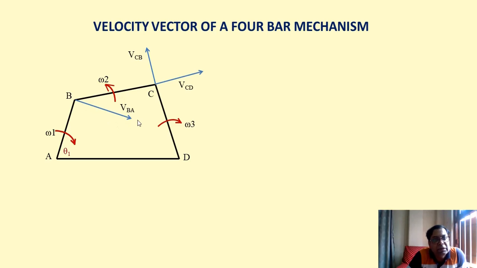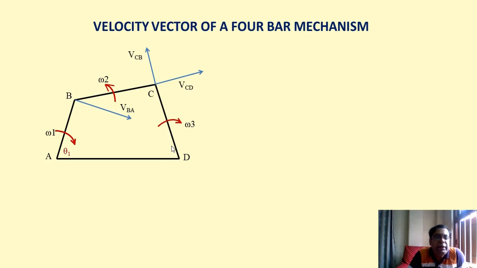acting perpendicularly towards the right hand direction, that is towards the direction of rotation, which is making an angle of 90 degree. Now BC, if we are considering, that is with respect to B, when the point C is rotating in anti-clockwise direction, then this particular blue line which is acting in the upward direction, that is VCB, it is making 90 degree or it is perpendicular to BC, which is the connecting rod. It is the velocity component of this connecting rod.